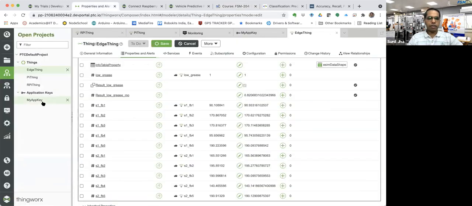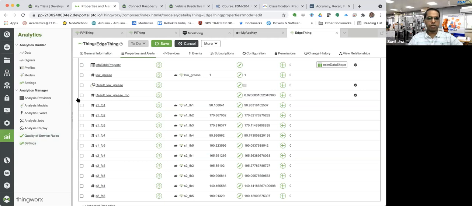So now we will go to the analytics. After this foundation, you can just go to the analytics. You'll get to know about two functionalities. One is the analytics builder. Another is the analytics manager. The manager is the deployment part. And the analytics builder is where we get the model trained and ready, and after testing, you will make it ready for deployment. So the first step we will follow over here is the analytics builder.